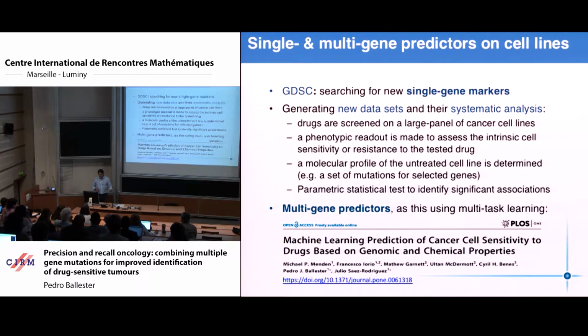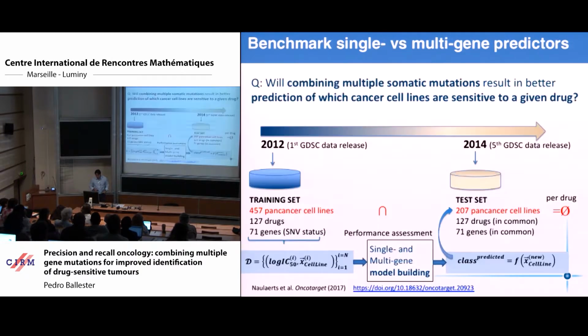Beyond single-gene markers, we have, in collaboration with some of the authors of this study, generated multi-gene predictors, so models that combine different gene alterations. In this example, we use multitask learning. And in a subsequent study, we have been comparing directly single-gene markers with multi-gene predictors. And the question is, will combining multiple somatic mutations result in better prediction of which cancer cell lines are sensitive